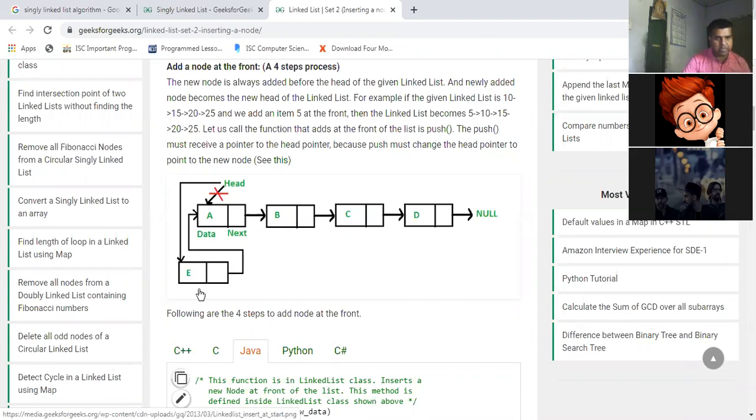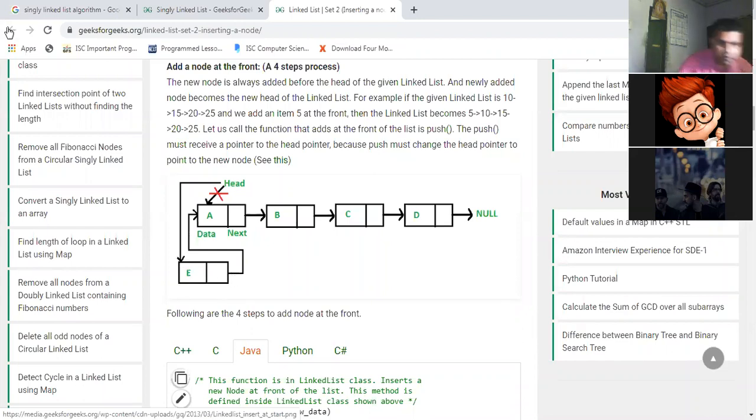This node has to become the head node, and this node must also contain the memory address where the value A has been stored. That means, as you can see, there is an arrow which is being crossed out. How is it being done? The memory address of this particular node will be initialized in this memory address part, and the data value will be initialized as the head node, and thus this particular node becomes the head node.